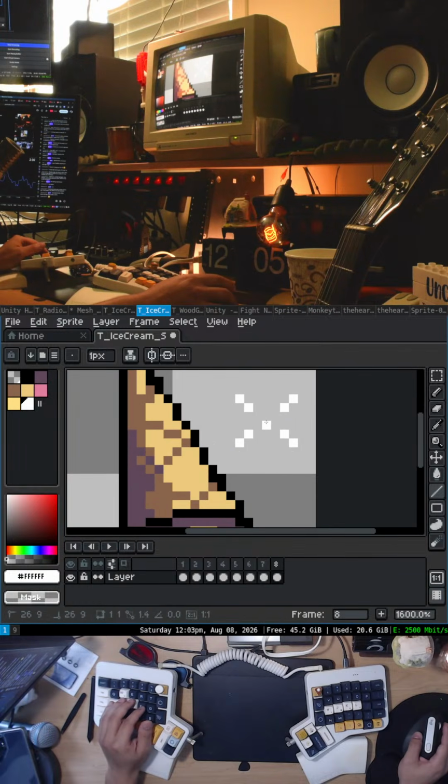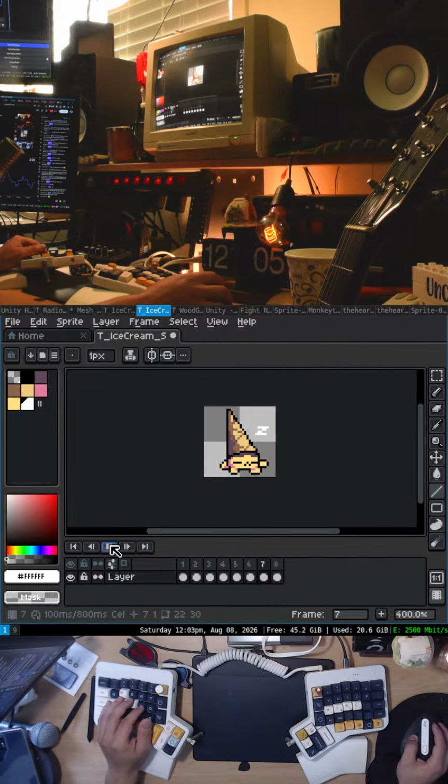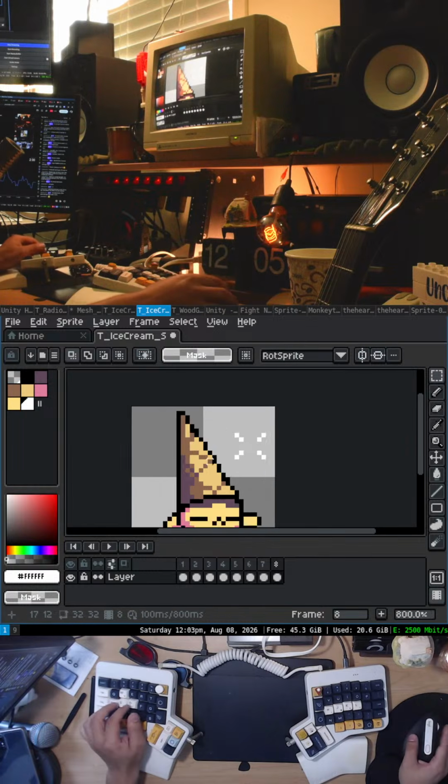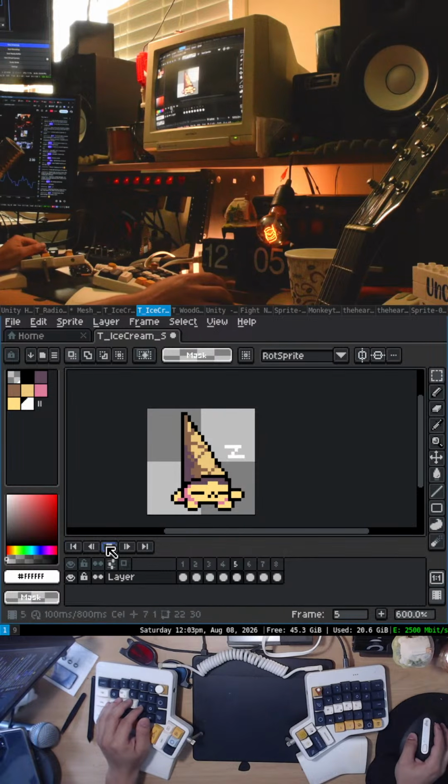Don't need anything here in the middle. And maybe 1 pixel up too. And maybe we'll have like the